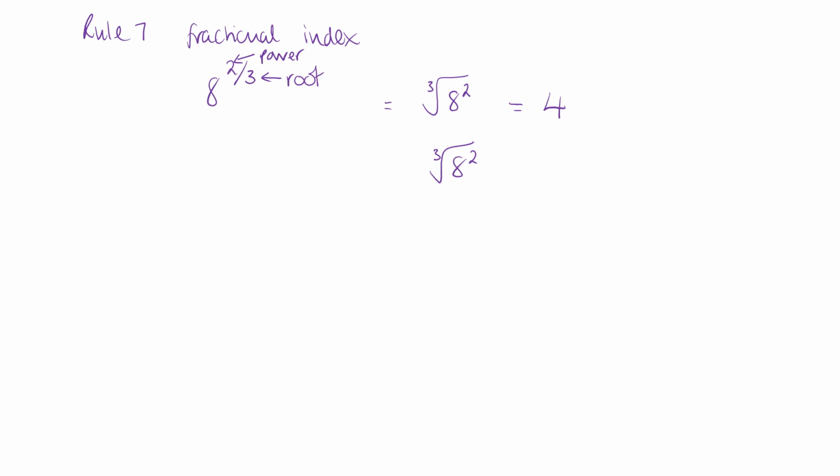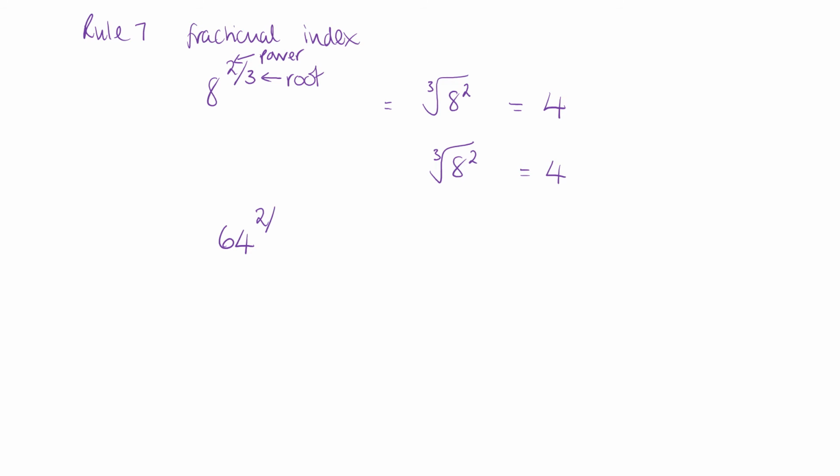But you can also do 8 squared first, which is 64, and then cube root that. The cube root of 64 is also 4. So it doesn't really matter which order you do them in, but usually we can root things first. So if we had